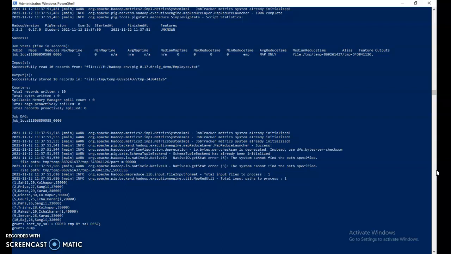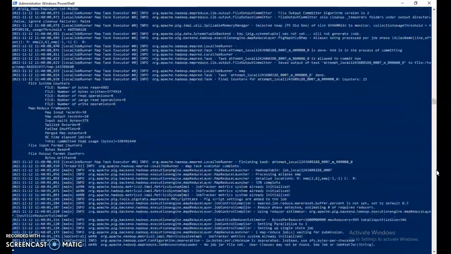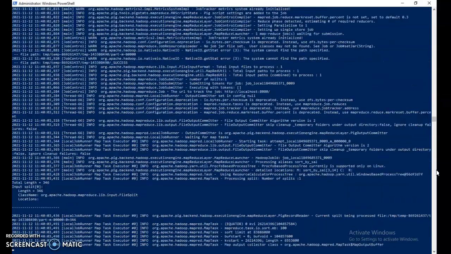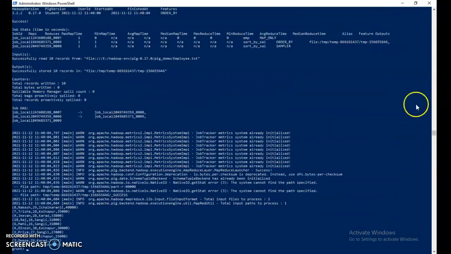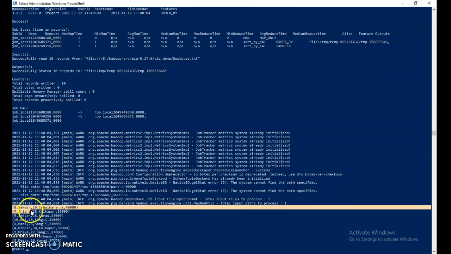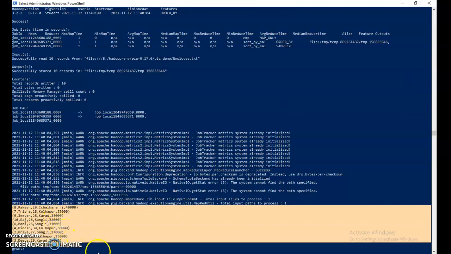Dump sort by sal. See here, you can see all the records. They have been sorted, and the key for sorting is salary, from highest salary to lowest salary.